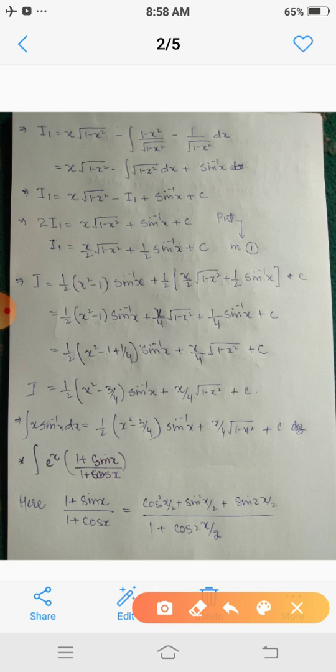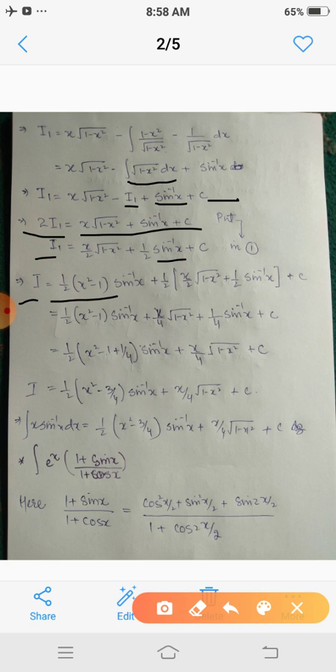Now here this is the given integral, that is I1 minus I1 sine inverse x plus c. Shifting this, 2I1 is this very expression, which implies that I1 equals x by 2 root 1 minus x square plus 1 by 2 sine inverse x plus c. So substitute in the main integral, that is I equals 1 by 2 (x square minus 1) sine inverse x